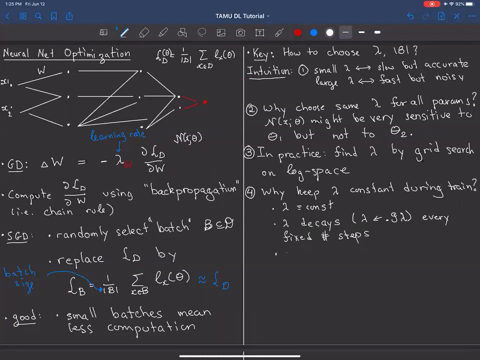There are more exotic ones. Periodic lambda is a common one that people use, and it's really good in some situations. Lambda of t is like the absolute value of cosine of 2 pi kt or something like this. So it's crazy that this is something people would even consider, but these kinds of schedules that people use, I'll call them schedules,